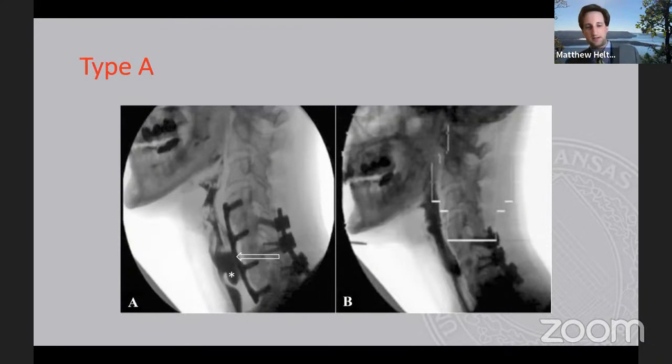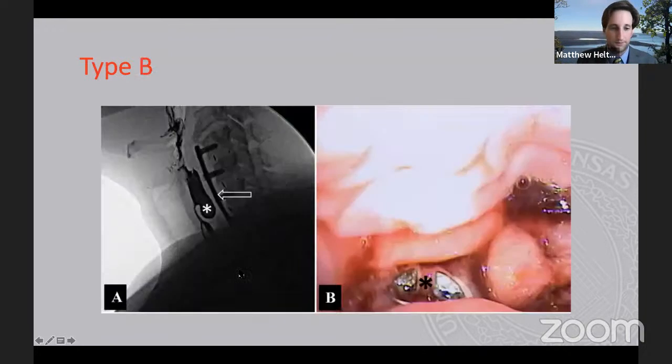So here's an example of a type A where the barium swallow actually backs up and contacts the anterior cervical instrumentation. In the B panel, it shows after repair how the instrumentation has been removed anteriorly, and the diverticulum or the esophageal perforation in this case has been repaired. Type B is, once again, you see this diverticulum, which is an esophageal perforation, because as they show in the scoping image, you can see the anterior instrumentation